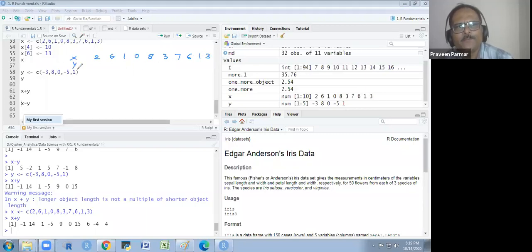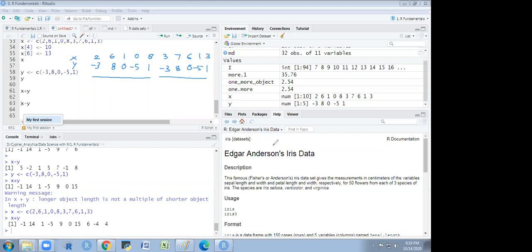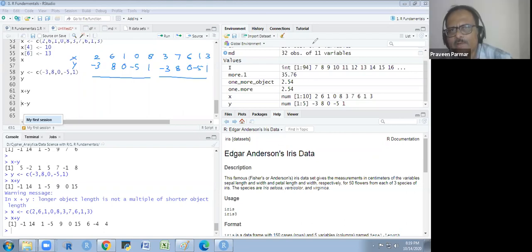And in y, we have only minus 3, 8, 0, minus 5 and 1. So it will perform with this, and then again it will be here minus 3, 8, 0, minus 5, 1. Now you got it? Yes, sir. We got it now. Okay. In this way, it takes the same.